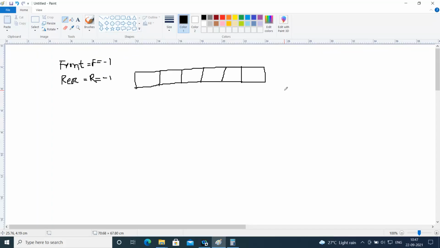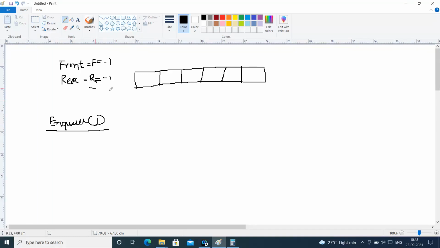In the case of a queue, instead of a top, we have two indices called front and rear. So, the insertion operation. Right now there is nothing in the queue, so what would you remove? The queue is empty. So let's first insert something inside the queue. We are going to make use of a method called enqueue. If I say enqueue 1, this means that you want to insert something inside the queue.